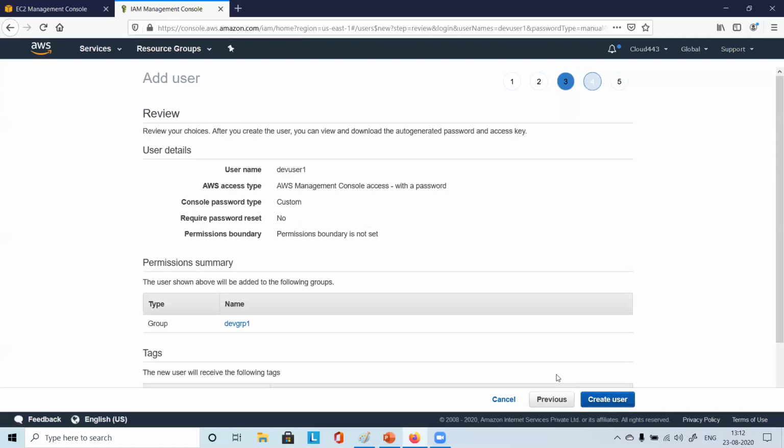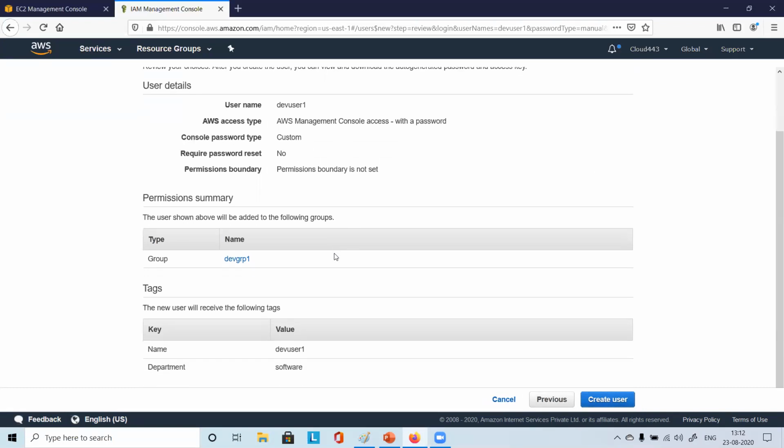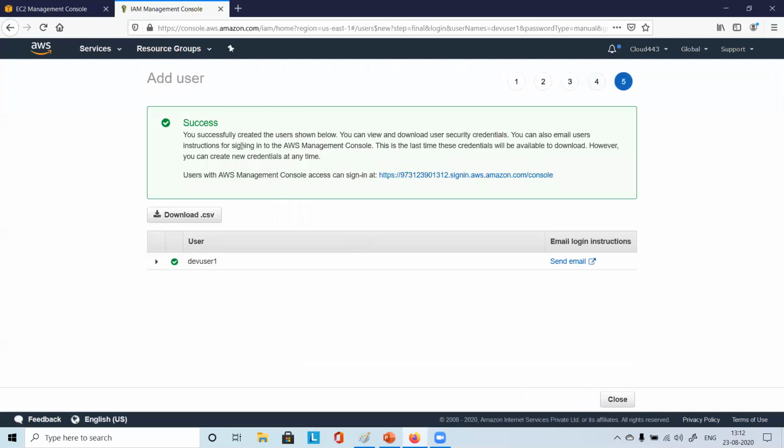So we say next for the review, and we can see whatever we have chosen is there. We have that group name coming here, which is important. Just click on create user, and you see that the user is created successfully, right?